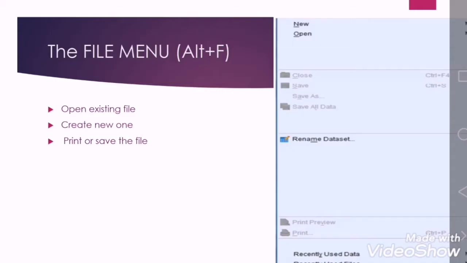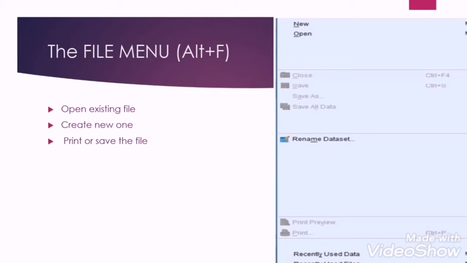The File menu. The File menu functions can be accessed either by clicking on the File menu appearing on the extreme left-hand side corner of the SPSS data window editor, or just by pressing the two keys Alt and F simultaneously. This menu allows us to open existing files, create new ones, and print or save anything we are working on.